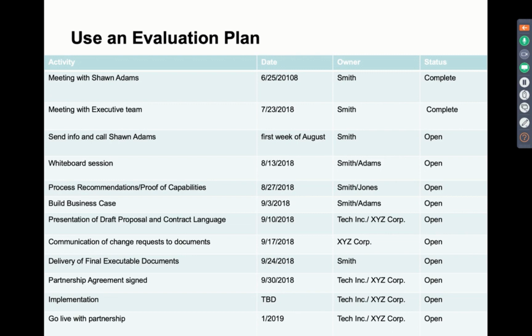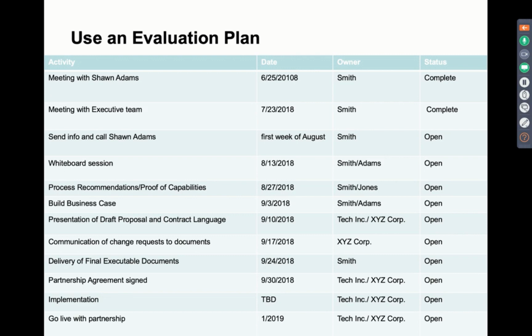These are the things that need to be done. Is there anything we're missing? And so you might finish this list, correct the list together with the prospect. Are the dates realistic? Do the dates match up with the timeline that you need? Are the dates that you can agree to?